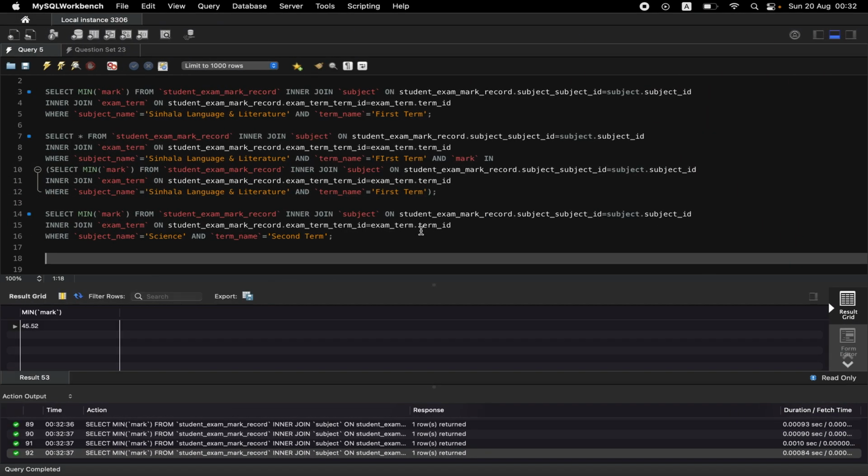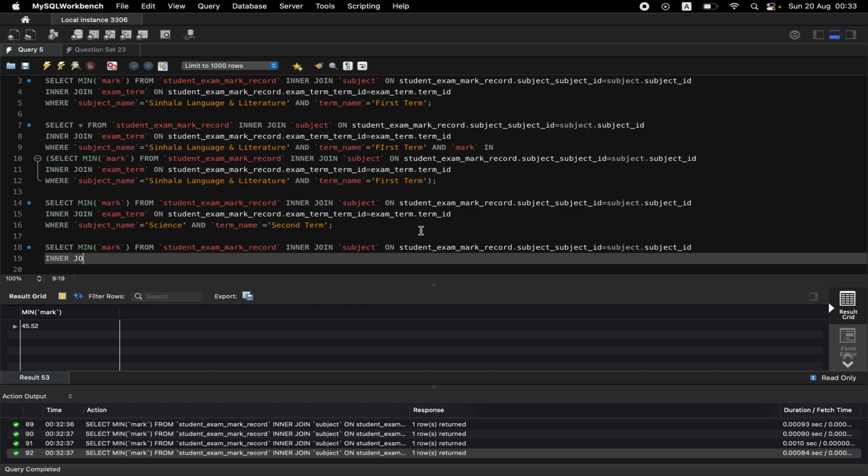The fourth question is, what is the minimum mark obtained for the subject of mathematics in the term examination held on 2027-10? So select minimum mark from student exam mark record, inner join subject table on student exam mark record dot subject id equals subject dot subject id, inner join exam term table on student exam mark record dot exam term id equals exam term dot term id, where